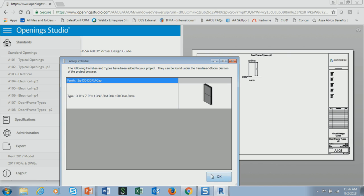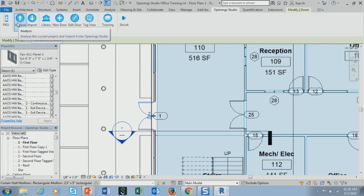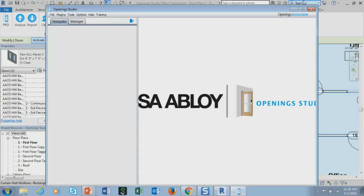And I have a family preview here. What we do is have the architect or the design team analyze that project and take a snapshot of it and send information to Opening Studio. Now,